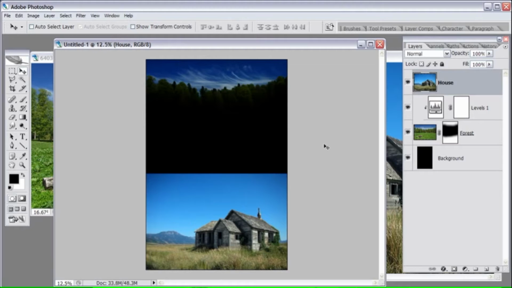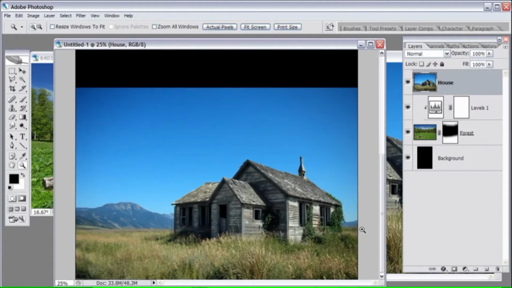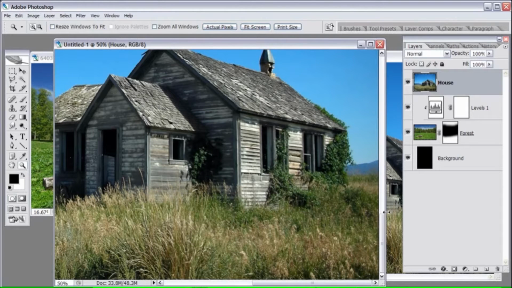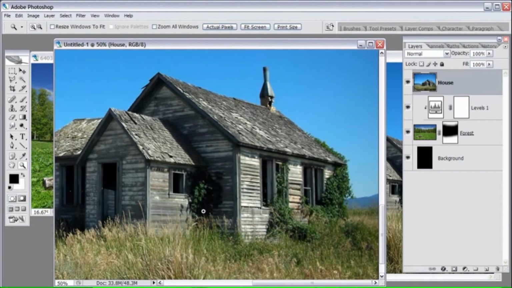All right, now for the next step, what we're going to do is completely remove the sky behind this house, the sky and the mountain, because this is going to allow us to remove all that daytime stuff, and we're going to make it nighttime. I'm going to zoom into the image here. Now, we don't have to be very, very neat when we're doing this because this is going to be a pretty dark image, and we might not be able to see all our mistakes. And so, I'm going to grab the pen tool here and just make a quick path